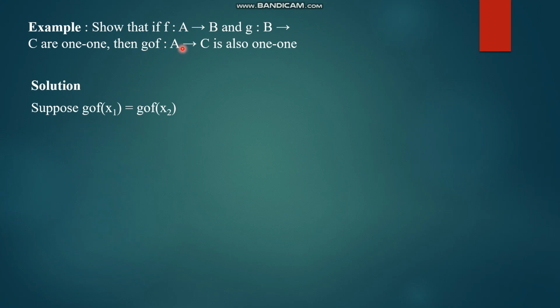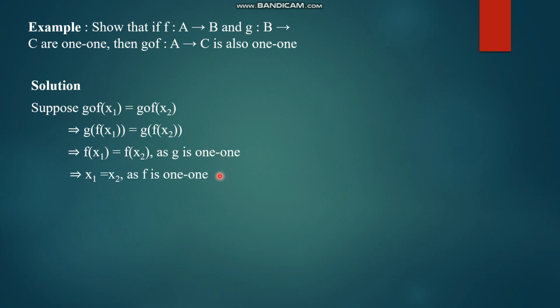As you know, whenever we want to prove anything as 1-1, our idea is we have to take the function values f(x1) equal to f(x2), and we have to prove that finally the element x1 must be equal to x2. Now what is g composite f? According to the definition, it is g of f of x1. This will be g of f of x2, and we know that g is 1-1, so when you take the inverse on both sides, it will get cancelled. We are left with f of x1 is equal to f of x2, and again f is 1-1, so you can take the inverse and you will get x1 is equal to x2.